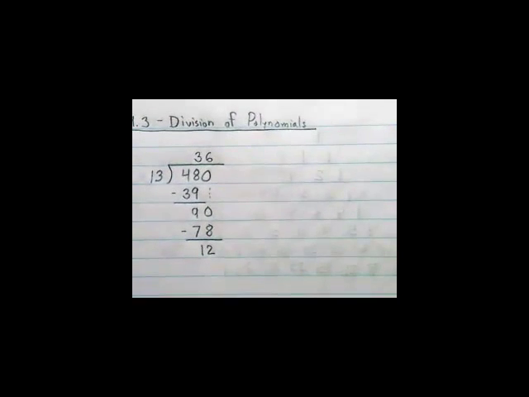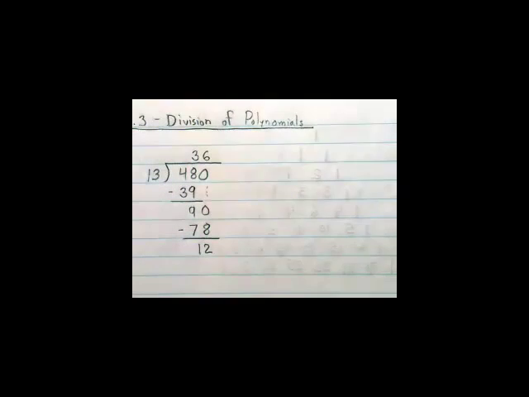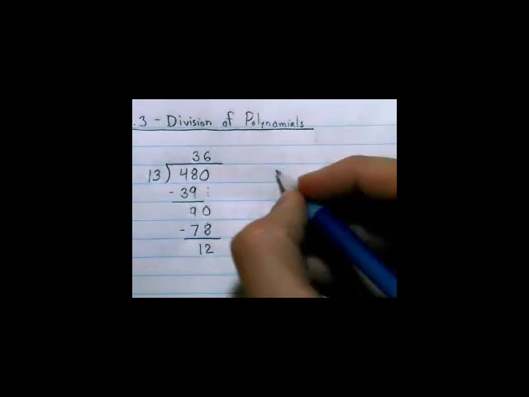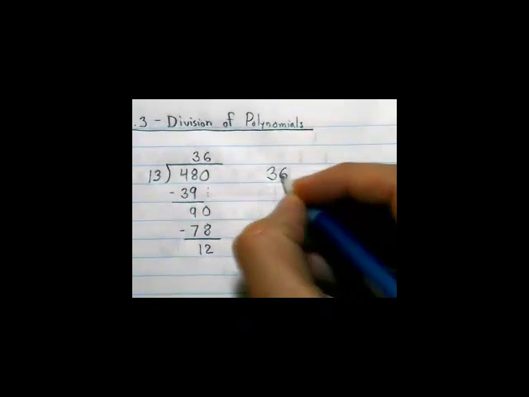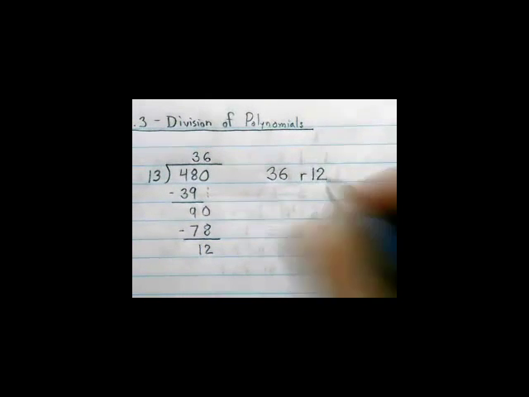Okay. So a couple different ways you can write the answer here. Back when you were in 3rd grade, you probably did it where you would just say, the answer is 36 with a remainder of 12, right? Yeah. It goes in 36 times, and there's 12 left over, okay? So you could write it like this then, 36 R12. Now,